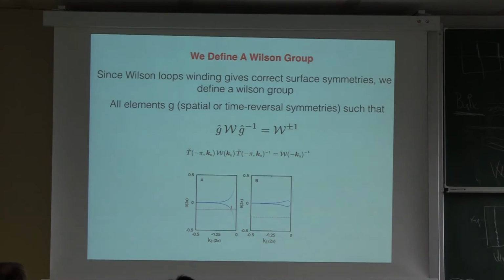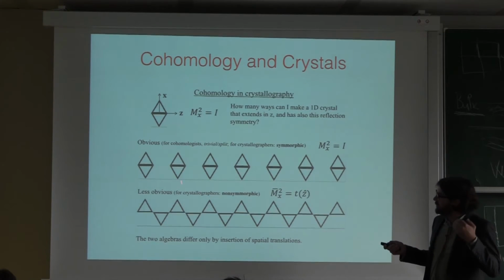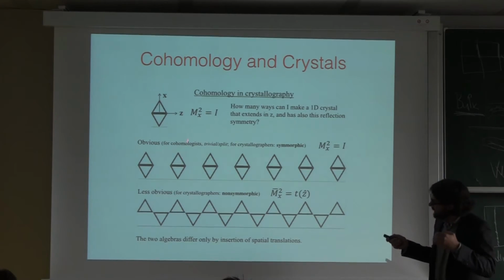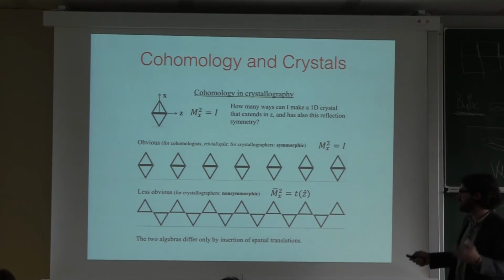This is very similar to how I looked, say, at nonsymmorphic things. Remember how I built the lattices? I was trying to look at nonsymmorphic things and then I was trying to look at mirror and then enhance mirror by translation. And I found two different ways of doing it. Well, I didn't find them, but mathematicians found them in the past, two different ways of doing it. That's the same thing that we're doing here. We're trying to enhance the group that we had by Wilson loops. Now, why is that interesting? Well, first of all, all that we're doing is we're now trying to just enhance the symmetry that we already had, which could be symmorphic or nonsymmorphic, by another Wilson group.